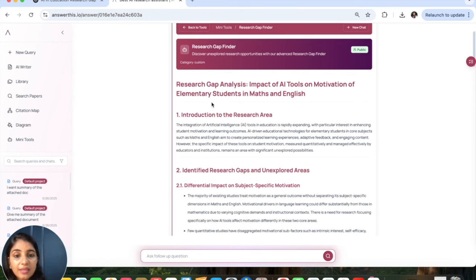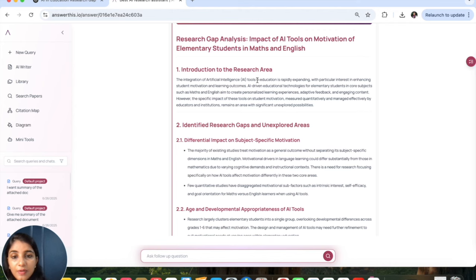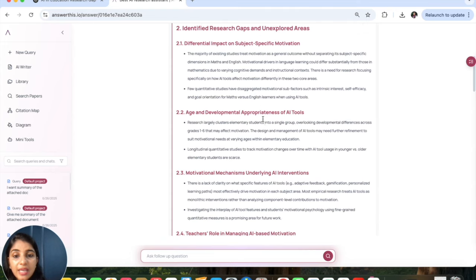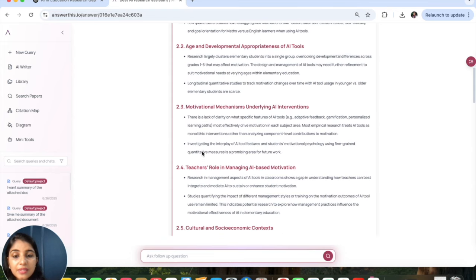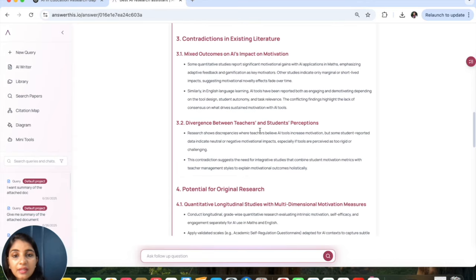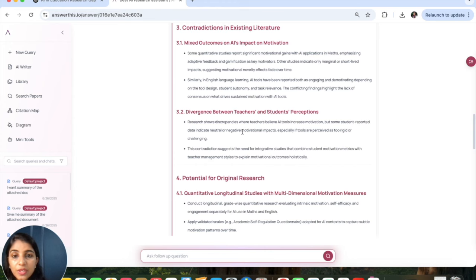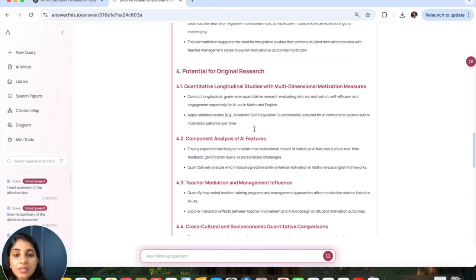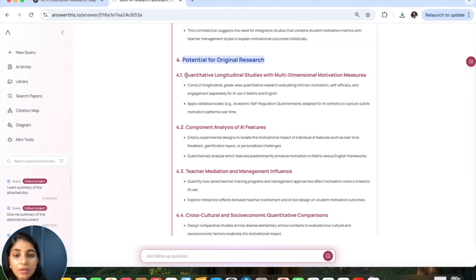So here you see that this is research gap analysis. It has provided you introduction of your research area, then it has identified research gaps. So these are the gaps. You can see that motivation is there, age and development is there, and there are contradictions as well. So it has provided you contradictions also, because there are mixed outcomes on AI's impact on motivation. So you should also consider that while deciding your research. And what is the potential for original research, and it has clearly given you a title that you can study